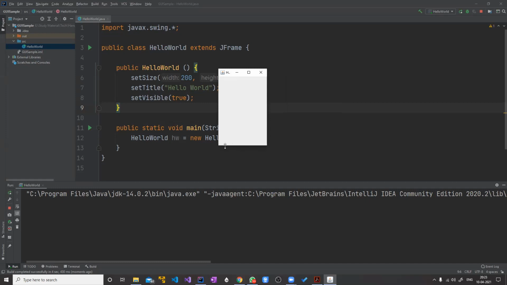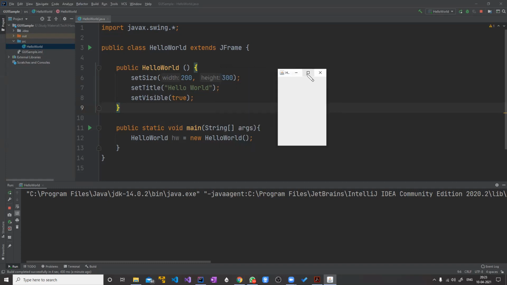Yes, its width is 200 and height is 300. And there is a title as well, but the title is not visible because of the width. So if you want to see the title, you can maximize it or increase its size. So here you can see hello world, that is the title of this window.